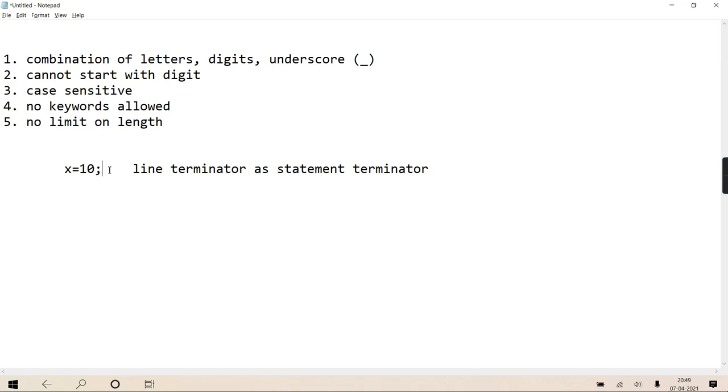Python says no such rule. If you write a statement and press enter, the statement is complete. x equal to 10, enter. The statement is over. I write print something, enter. The statement is complete. So there is no significance of semicolon here for statement termination.